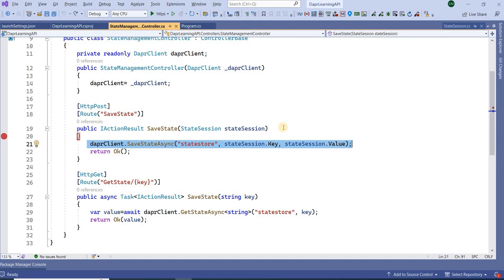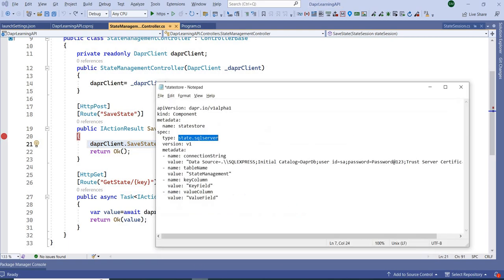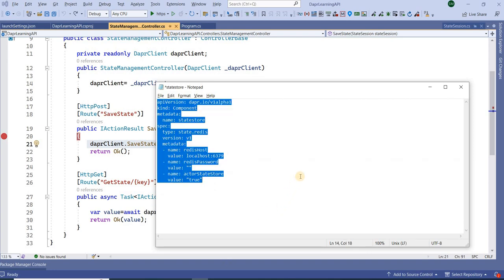Instead of writing code for SQL Server and writing code for Redis, it has removed the dependencies of that code or SDK or classes of Redis and SQL Server. It has used its own classes. Now only with a change of configuration I can switch to another service provider. Instead of Redis I can use SQL Server.